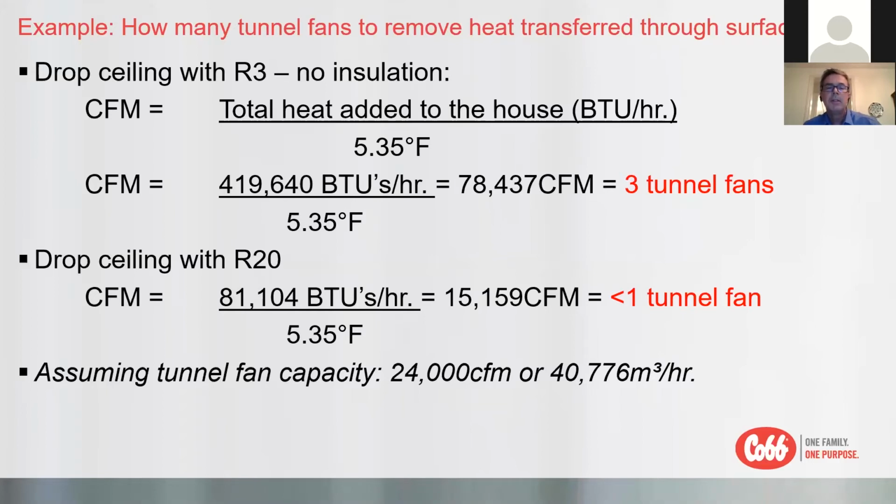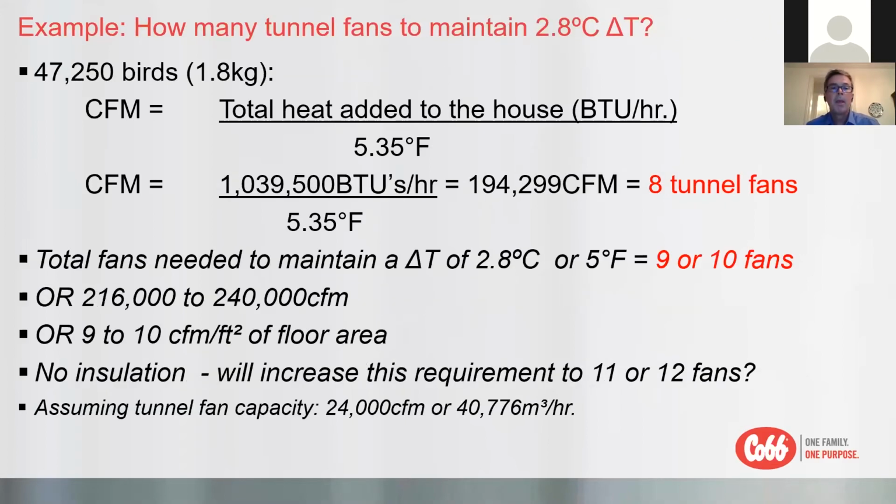That's 3 fans. Now, if I were to put in good insulation, it's 1,000 CFM. So I'm going to need 1 tunnel fan to remove that portion of the heat. If I look at the portion of heat produced by the birds themselves, we said 1 million BTUs in this example, divided by that 5.35 factor, that's 194,000 CFM, 8 tunnel fans. So with a well-insulated ceiling, I'm going to need maybe 9 tunnel fans in this house to keep the delta